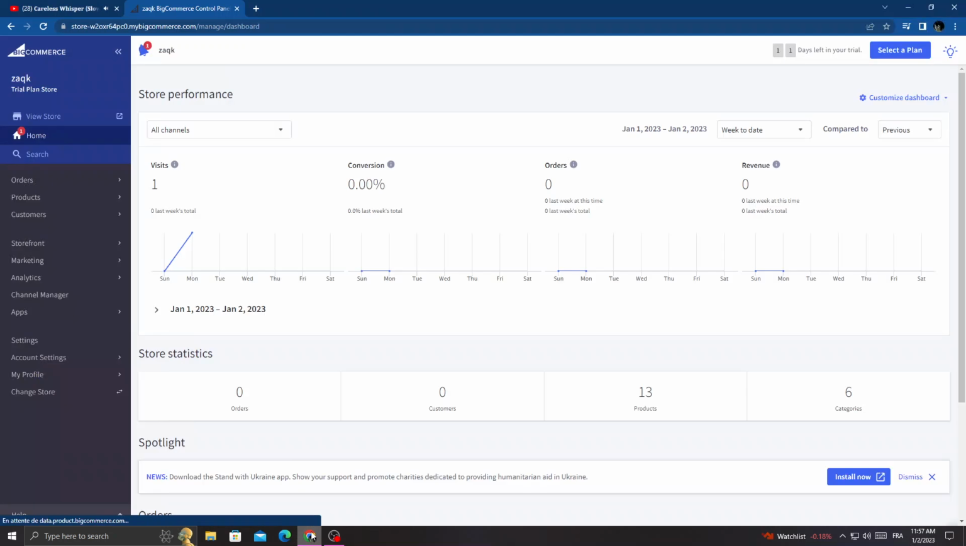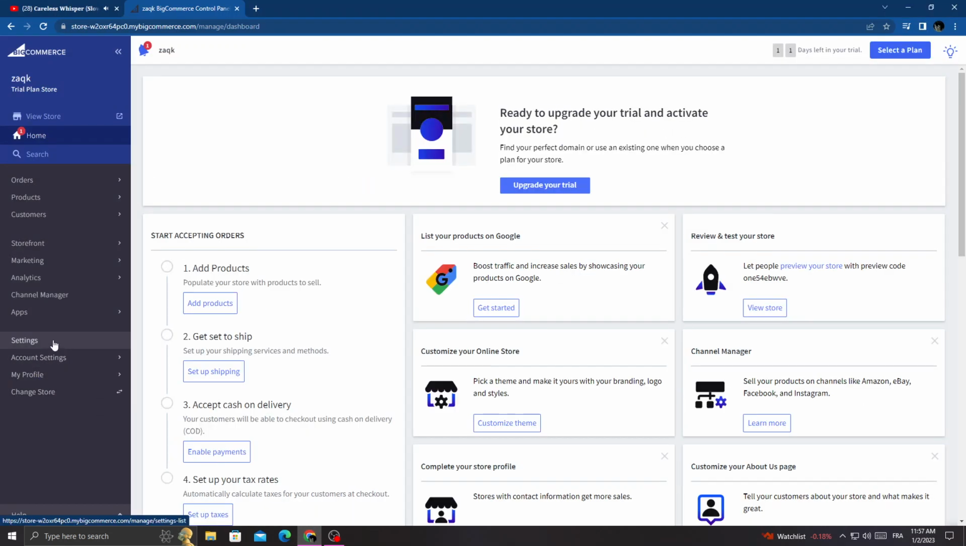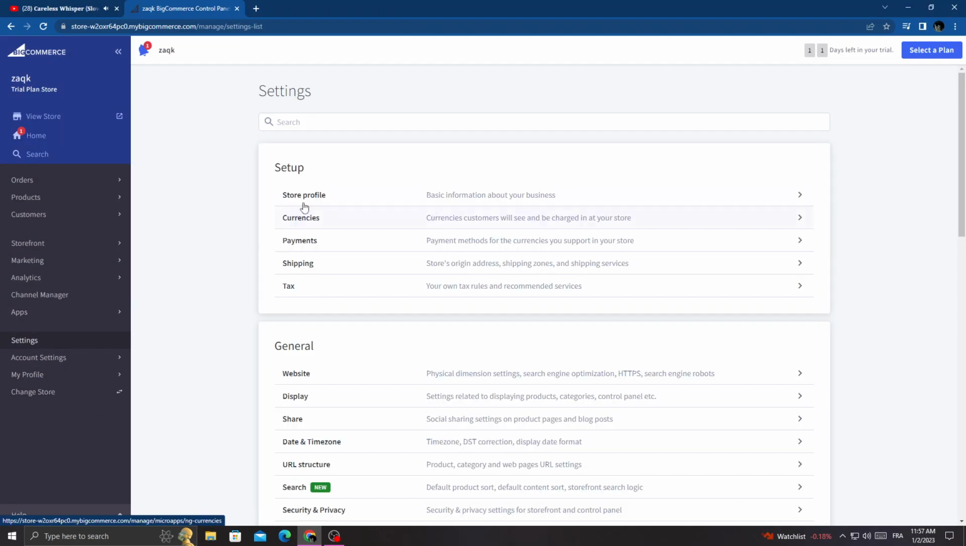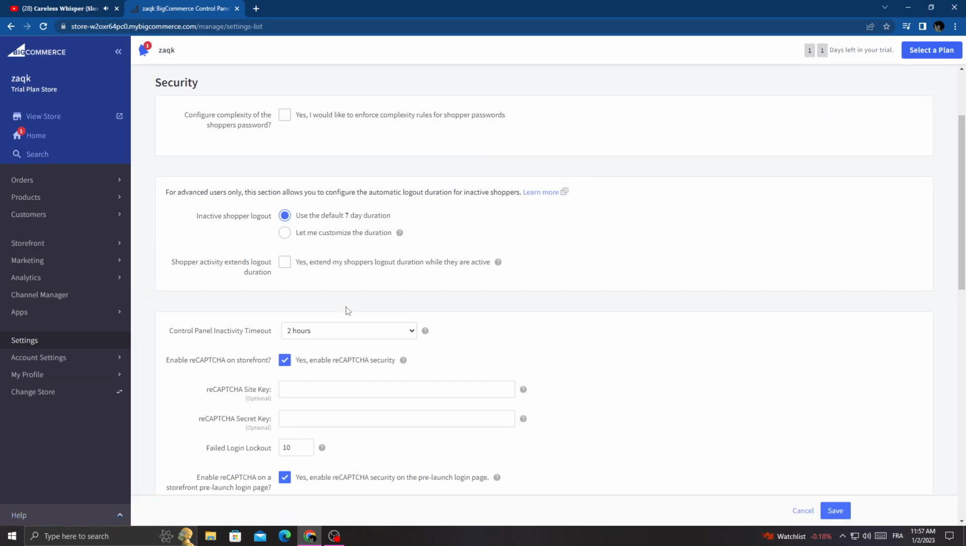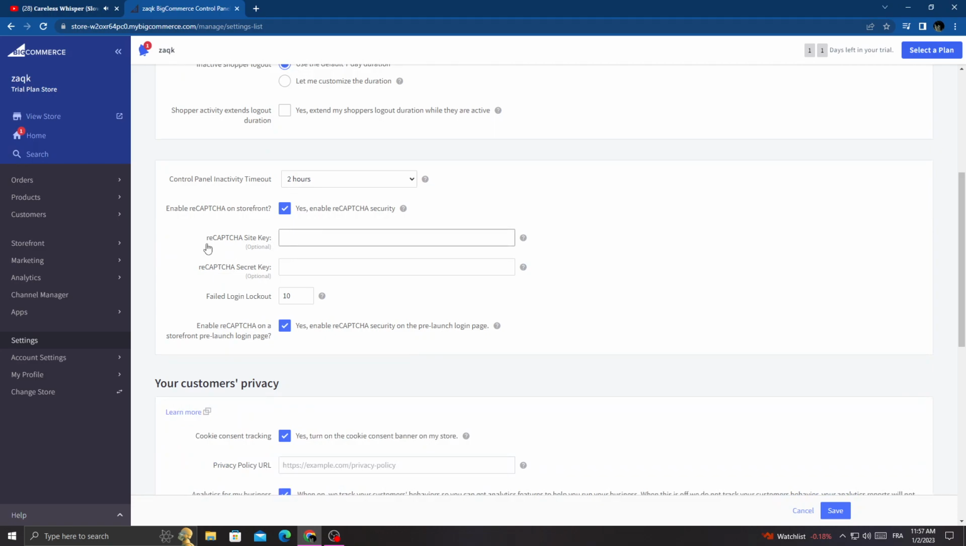First open your browser and then click settings, and now scroll down until you find security and privacy, and now here we'll find Recaptcha site key,